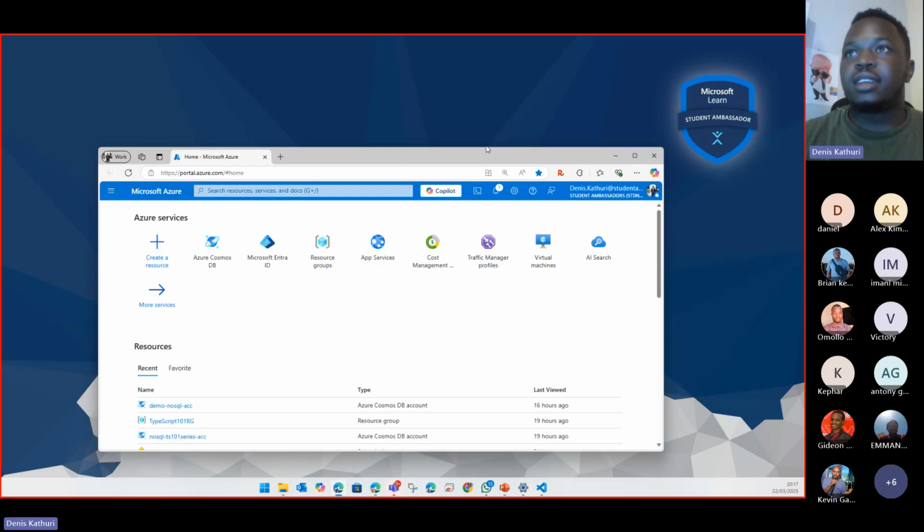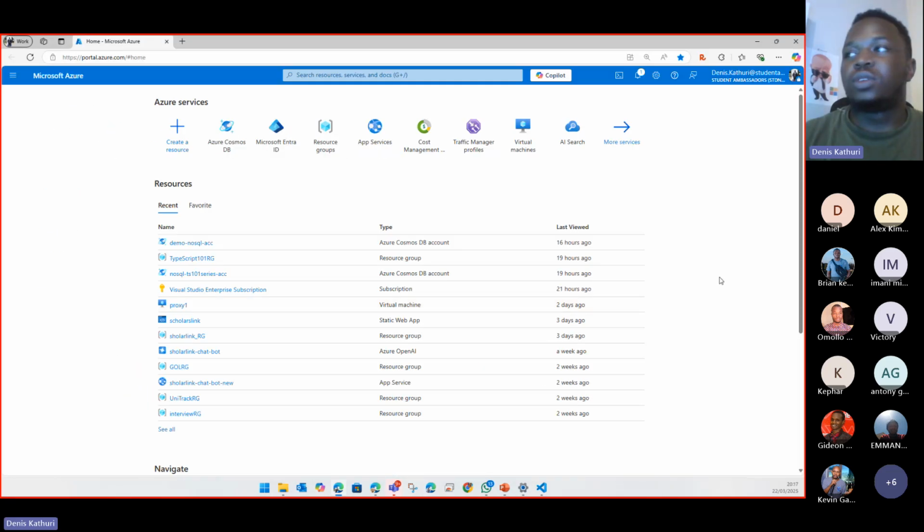This is my Azure account. We said if you don't have an Azure account, you can try Cosmos DB for free, or if you're a student, you can always claim your credits using your